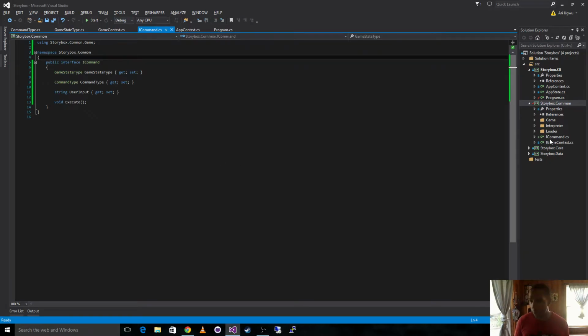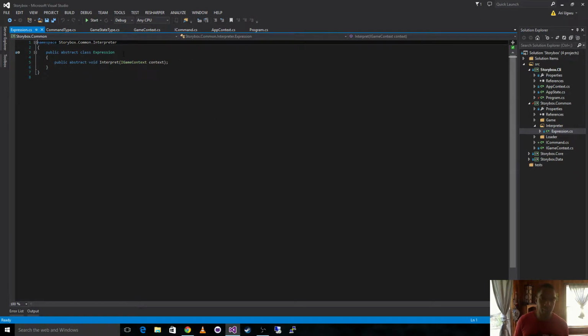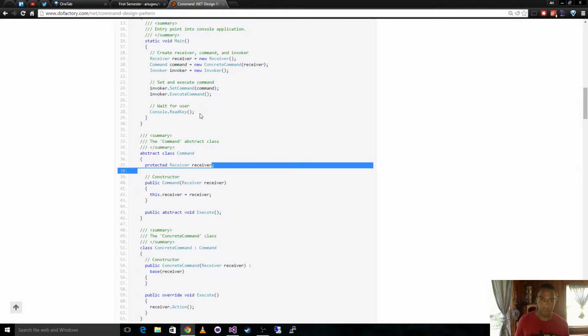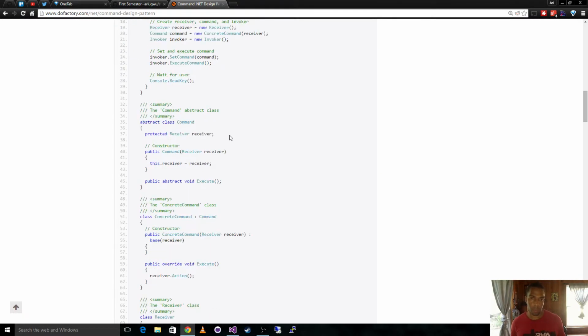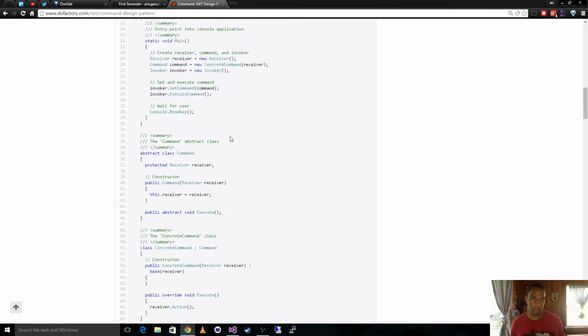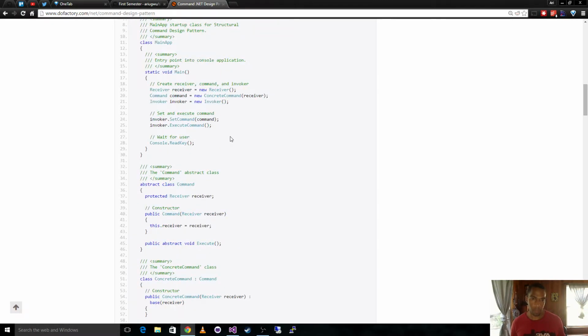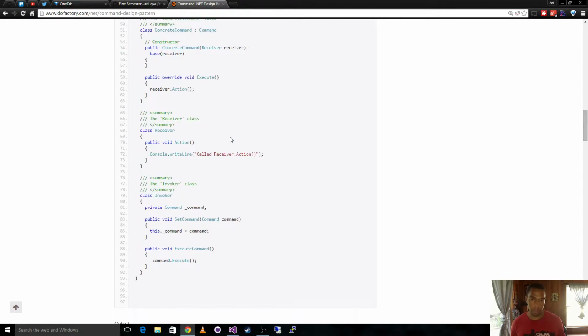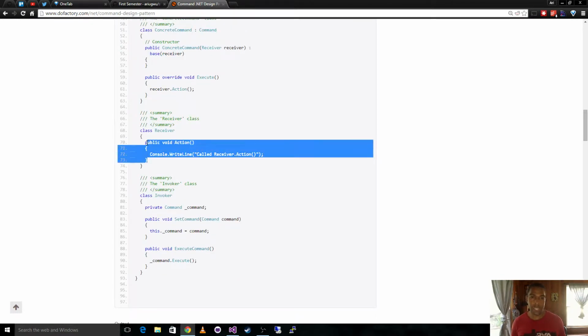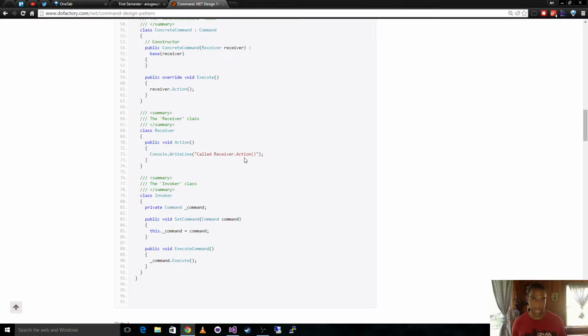So we want our interpreter, which generates an expression, to also be the receiver. So, what does that mean? All the receiver has to do is